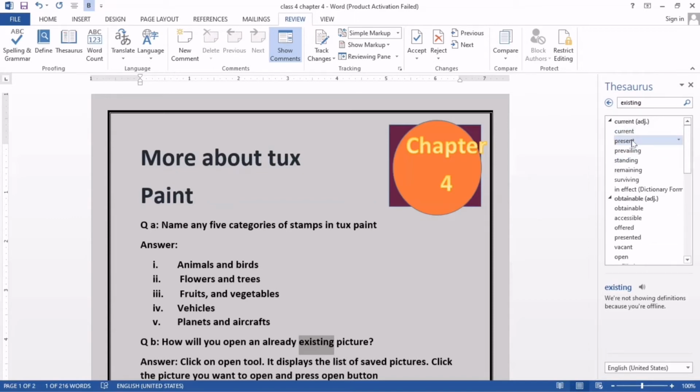Like if I click on present, there are further many synonyms of present that appear, but I go back again to present. Now if I want to select this present, you have the option here, either you close it or select it. You click here and you can see insert or copy. For example, if I click on insert, you can see this changes to current.